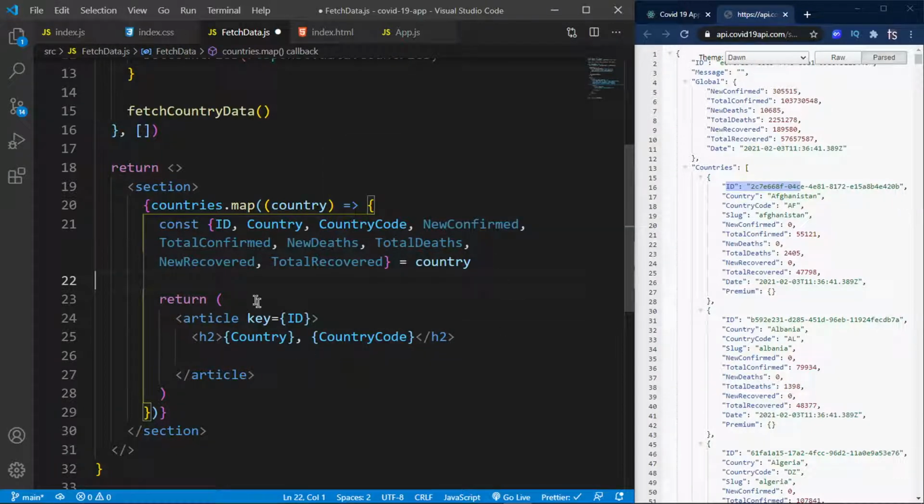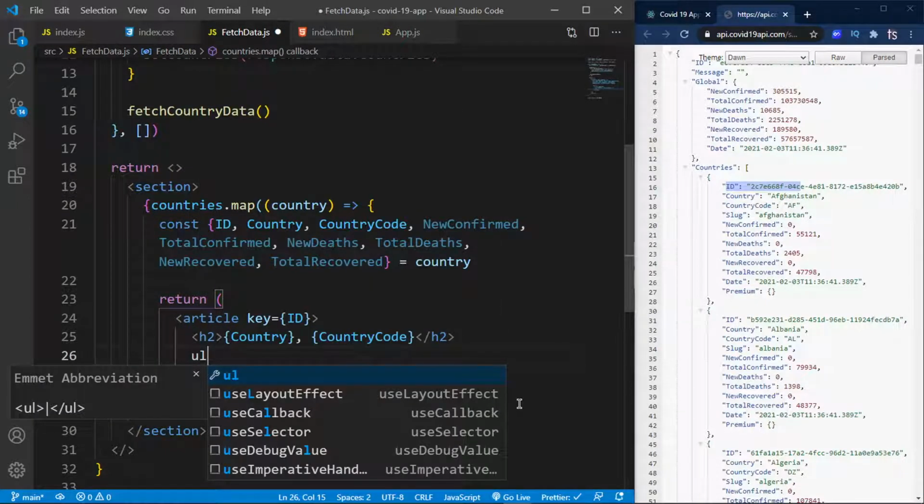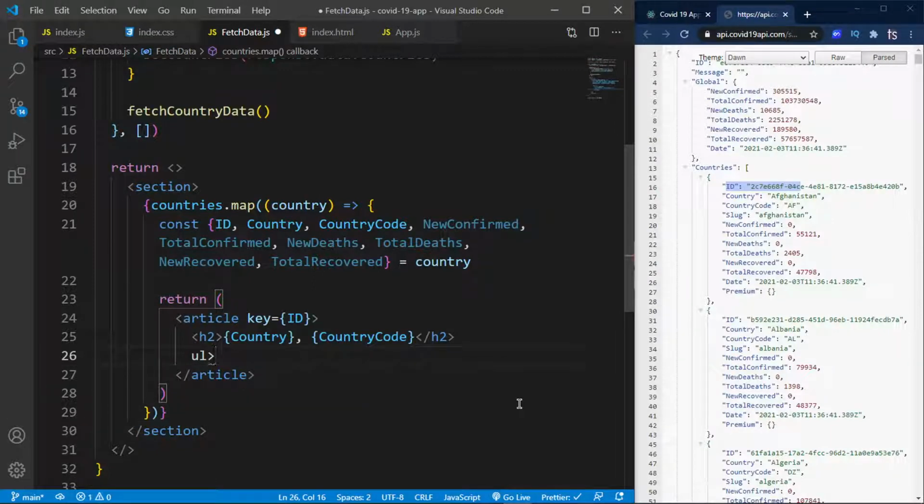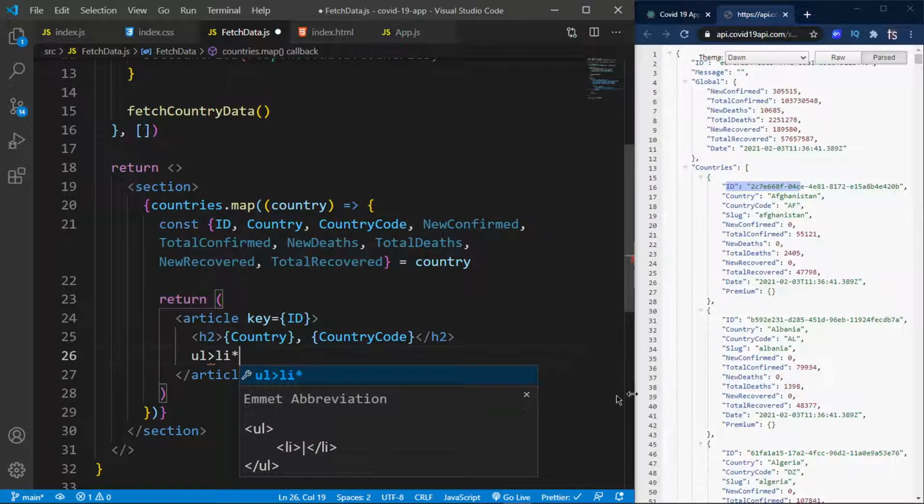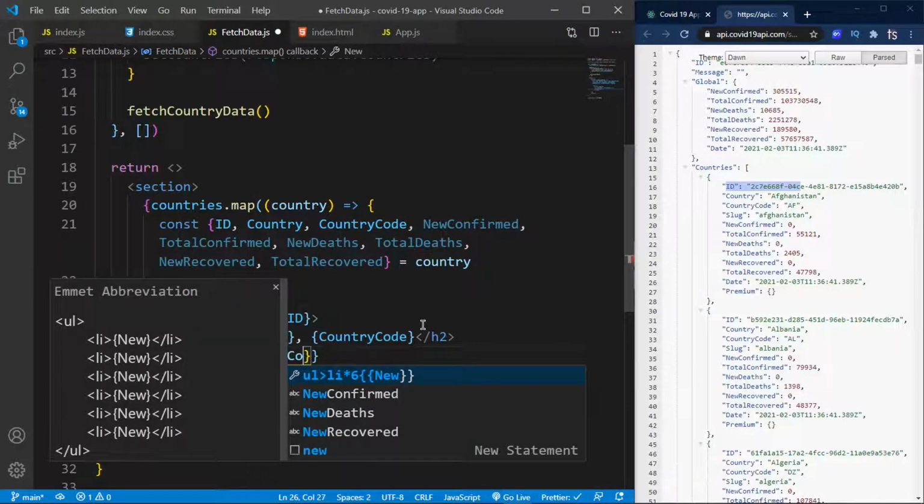Because this is basically going to be a list of items, from the new confirmed cases all the way to total recovered, it's going to be a list of items. So obviously I want to return an unordered list, right? So I'm going to return a UL with LIs. How many LIs? There are about 1 2 3 4 5 6, so 6 of them. And I'm going to just return new confirmed for the first one,